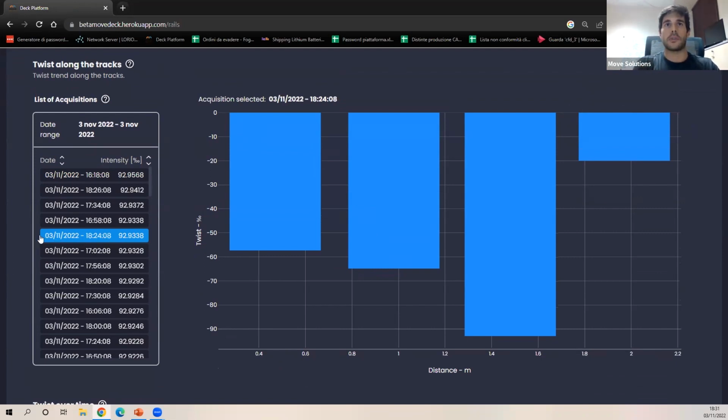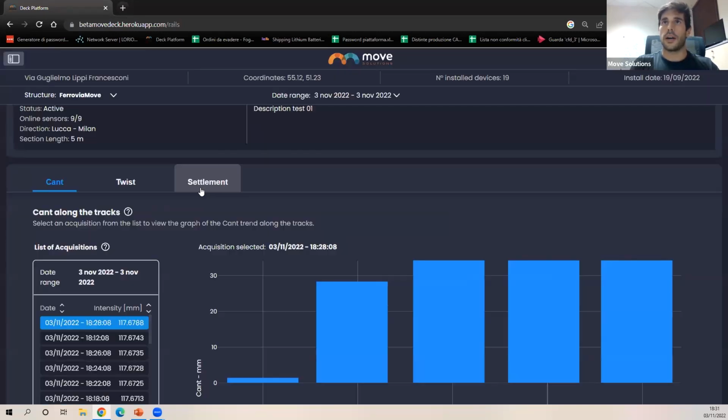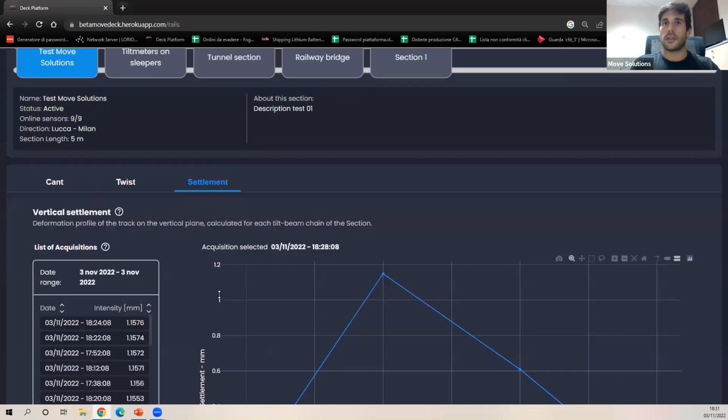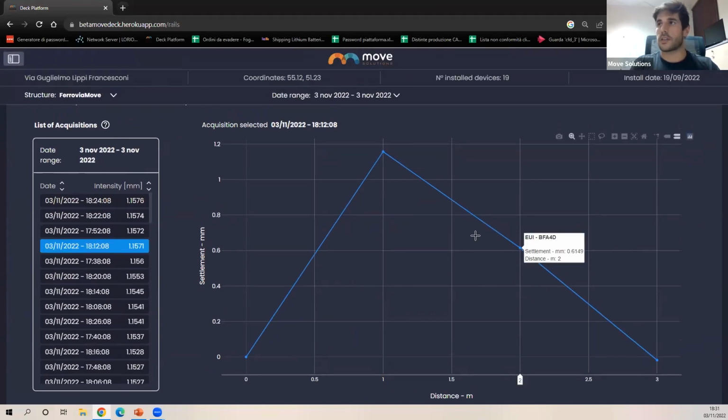So this would be, for example, the event on the 3rd of November at around 6:30 p.m. This is another time. So with the synchronization, you can have the data at the exact same time. And that's what gives you the possibility to group the data together and fix the time and see how that parameter changes along the tracks. Yeah, so this is pretty much what we can do. There is a settlement that you can see. Again, we only have 3 sensors, but